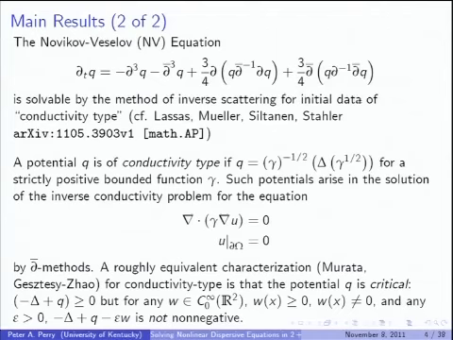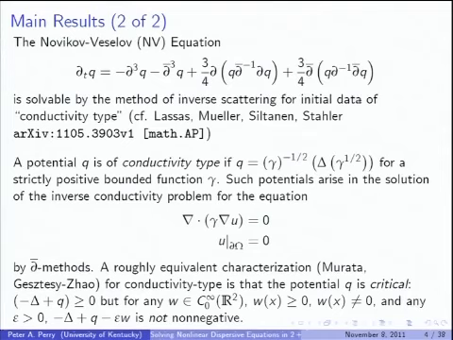To understand just why this is a hard problem, it's important to understand a roughly equivalent characterization of potentials of conductivity type. And this comes from Schrodinger operator theory, and it says that a potential can be written in this somewhat unusual looking form if and only if the potential Q is what's called critical. That is to say, the Schrodinger operator minus Laplacian plus Q, with Q this conductivity type potential, is non-negative as a quadratic form, but for any perturbation, no matter how small,